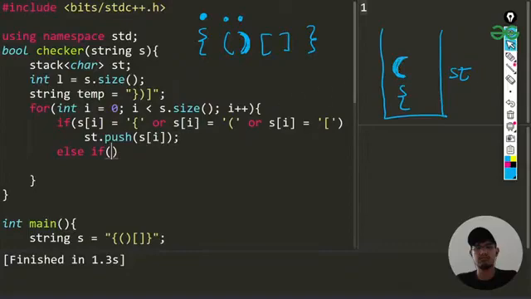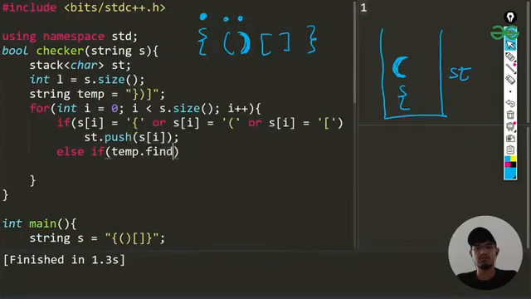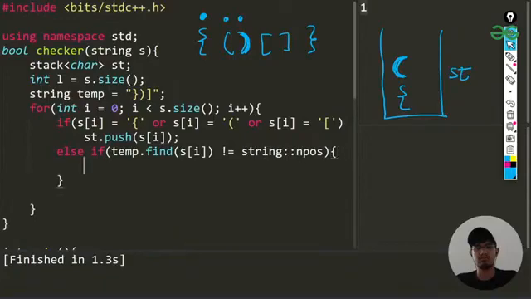So here we have this one. Now if I'm able to find this type of bracket, st dot temp dot find of s of i, if I'm able to find s of i, which is not equals to npos, then in that case what I'm going to be doing is just popping from there.